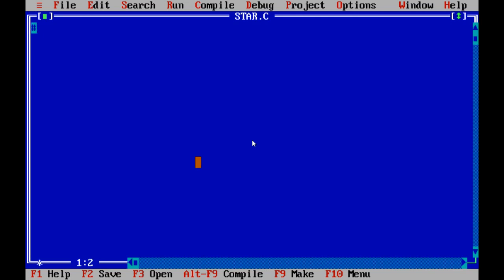Now start writing the program. Hash include stdio.h. Hash include conio.h. Void main. Int